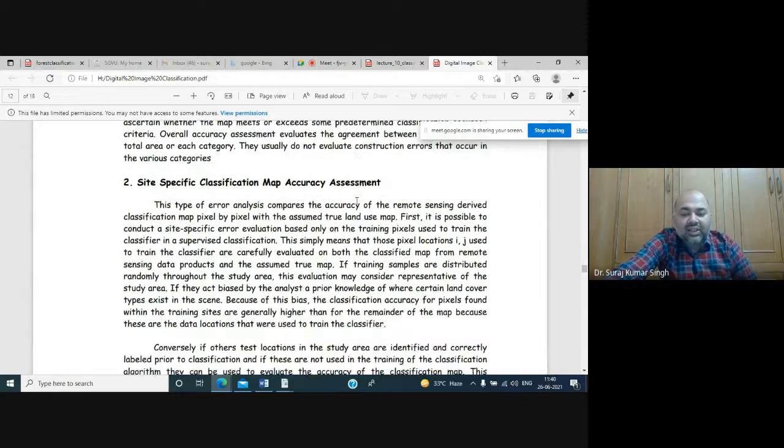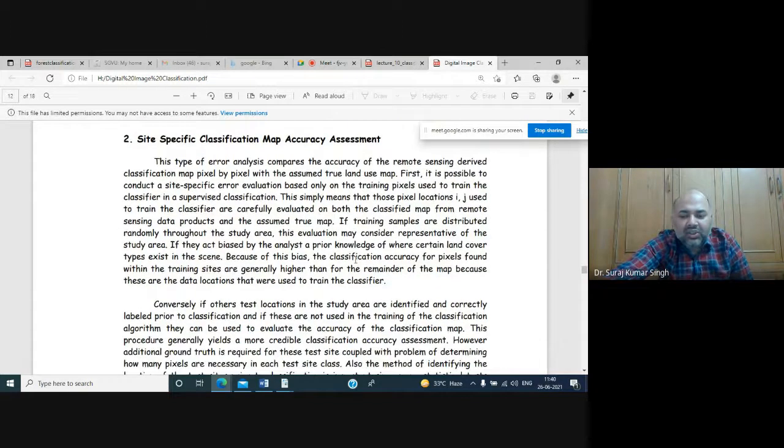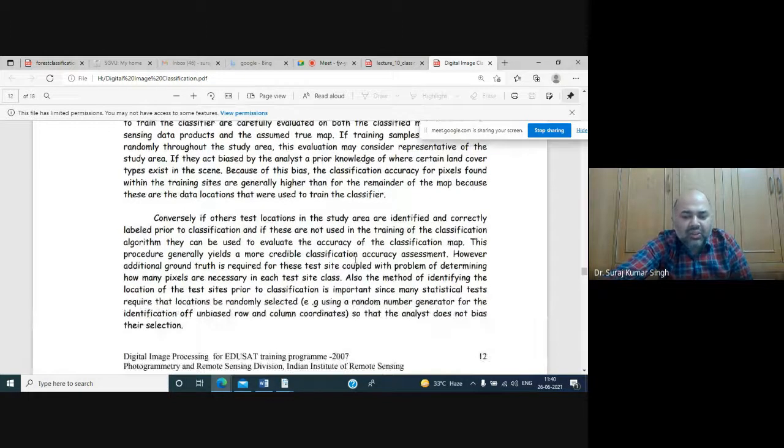There are different methods through which you can perform your accuracy assessment. For example, you can go into the field and collect various sample sizes of the classes that you have classified through your satellite images. You will select a few random samples, come back to your system, and plot the data sets. Then you will see, for the pixels that you have classified to a particular class, what the range value and the true value are, whether it is the same feature you generated or something else when you went into the field.